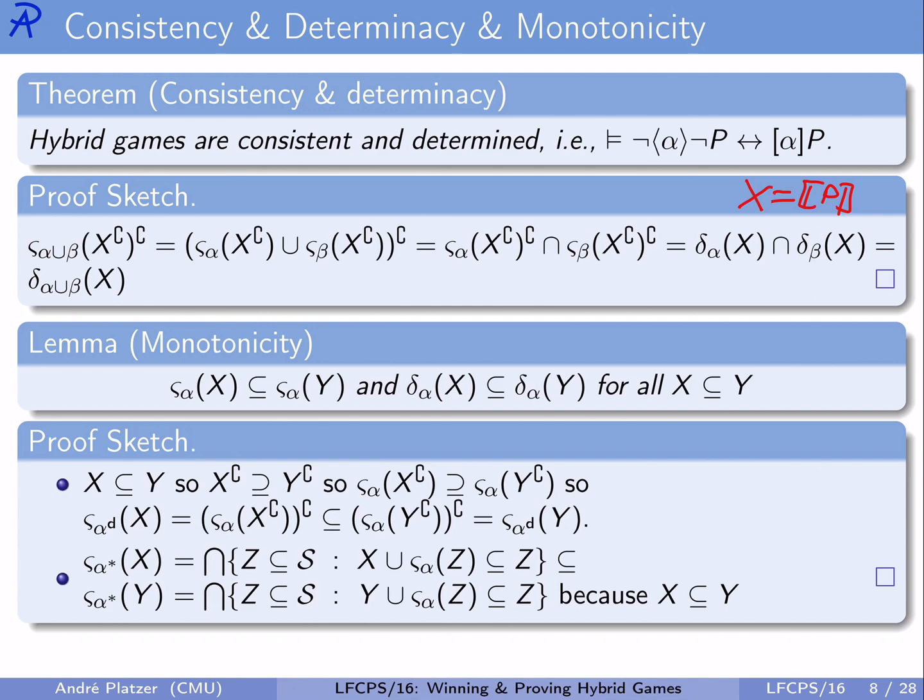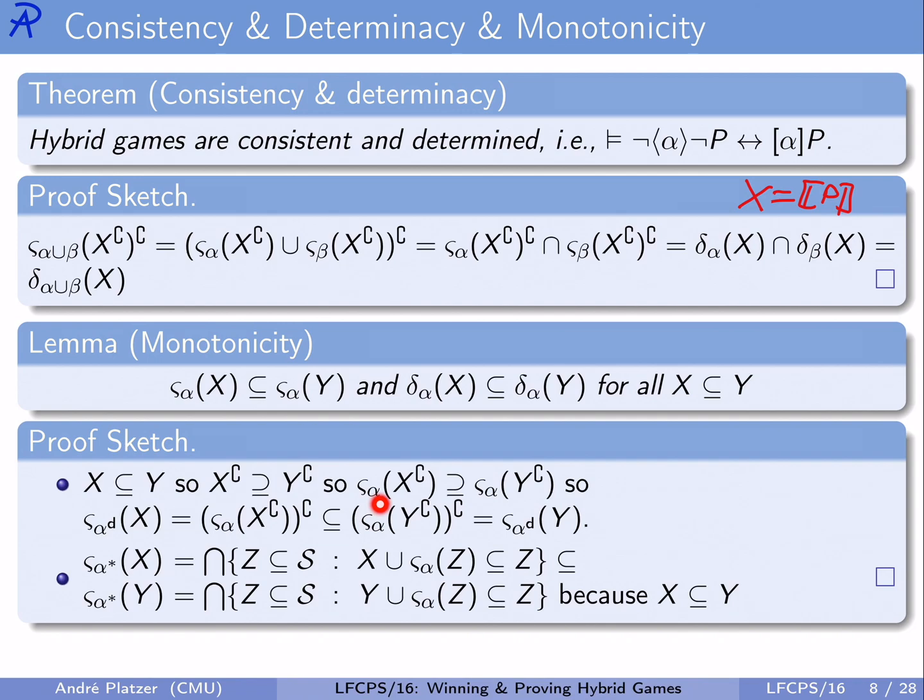For monotonicity also, let's only look at the induction for some of the cases. I think the most subtle one is the duality case. So if we have a winning condition X that's a subset of the winning condition Y, so it's a bit easier to win into Y, well, then the complement of X is certainly a superset of the complement of Y, or equal. And because that's the case, by the inductive assumption, so the monotonicity lemma already proved for smaller sets,